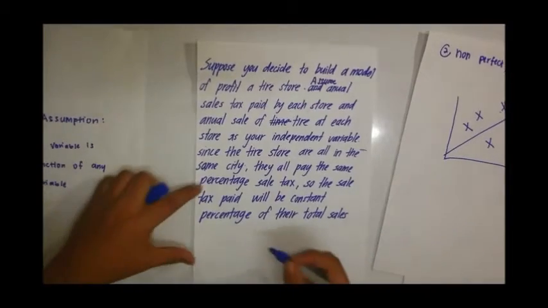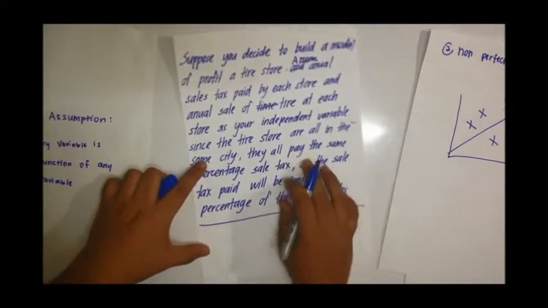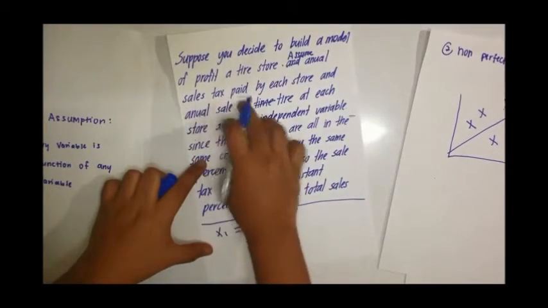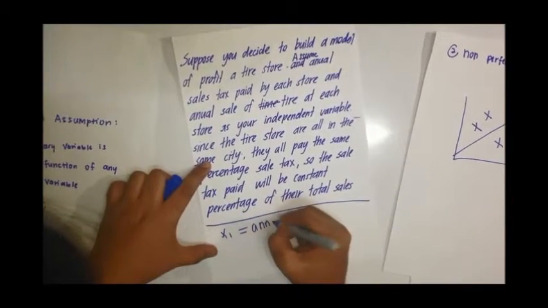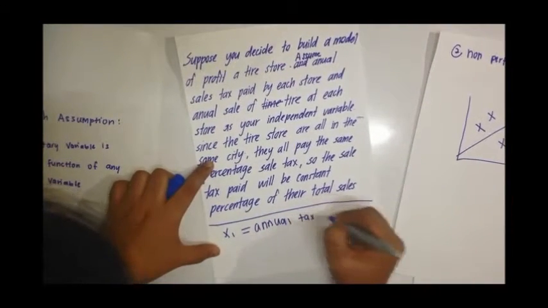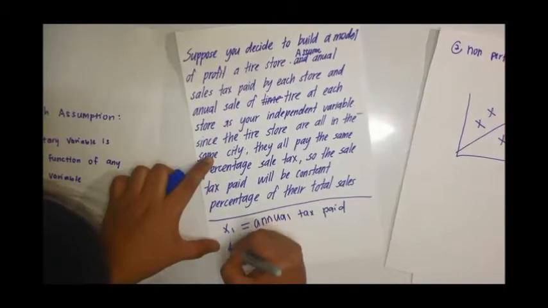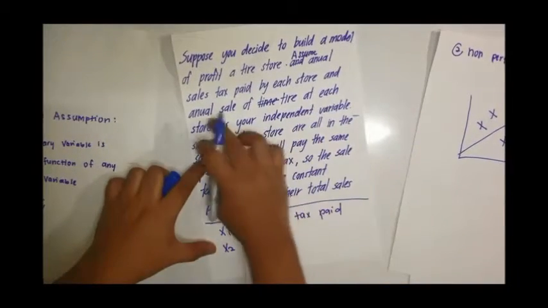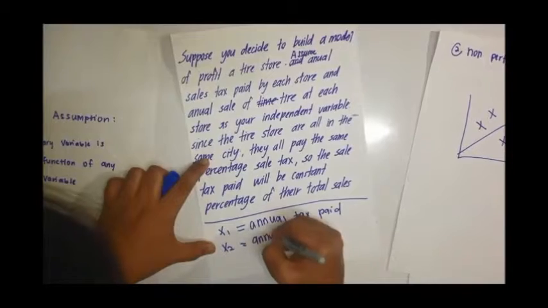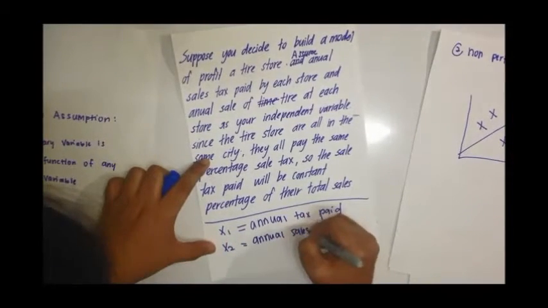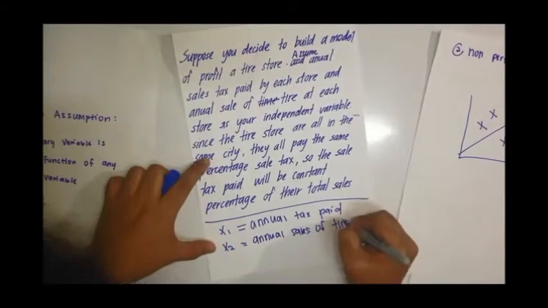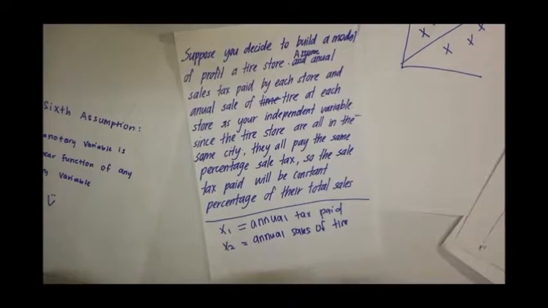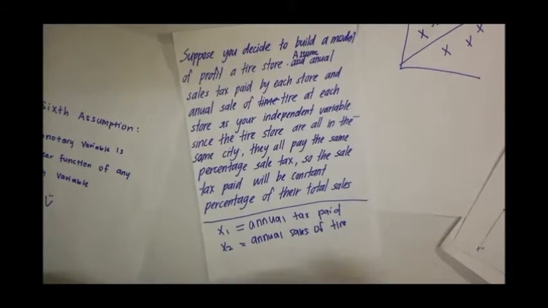From this passage, we know that X1 is equal to annual sales tax paid, and X2, which is our second independent variable, is our annual sales of tires. If the sales tax is 7%,